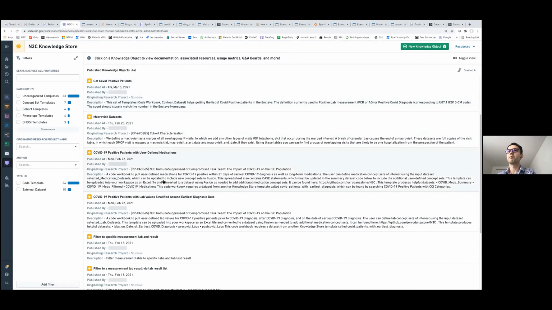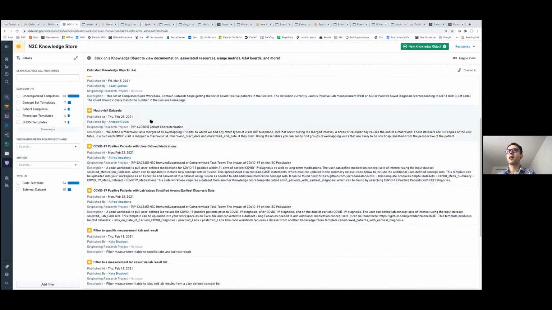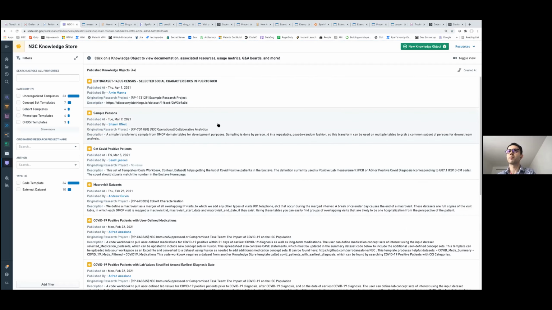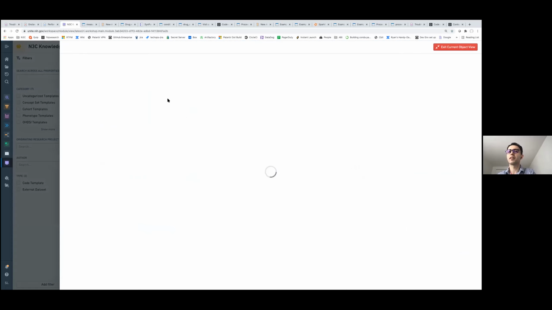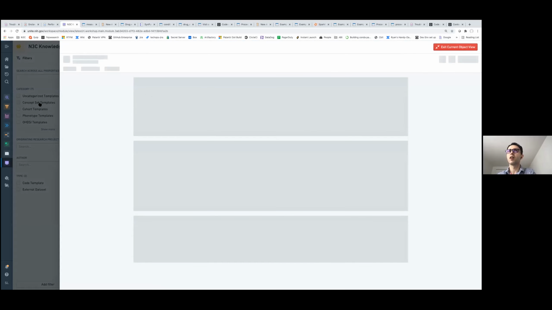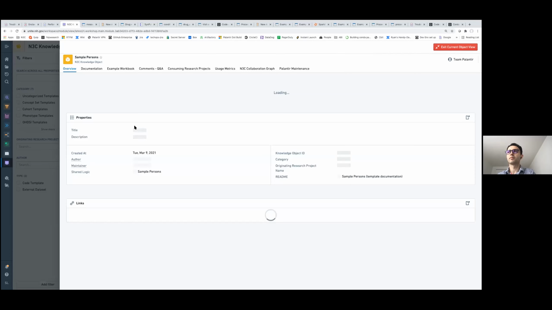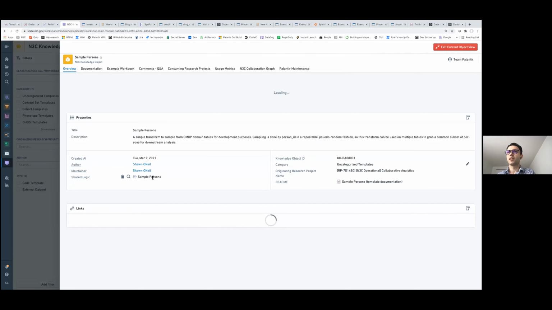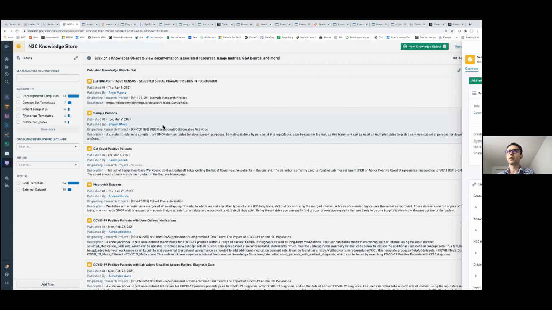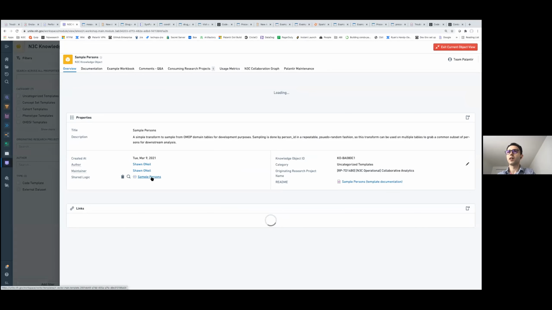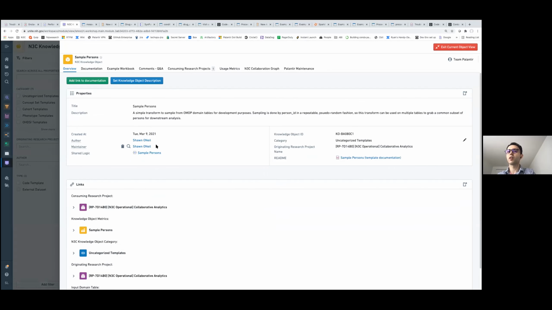So in the knowledge store, this is basically a piece of shared logic, for example, the one where we're performing a sample of the code. This is what we call a template or a knowledge object, which is a piece of shared logic that you can reuse.